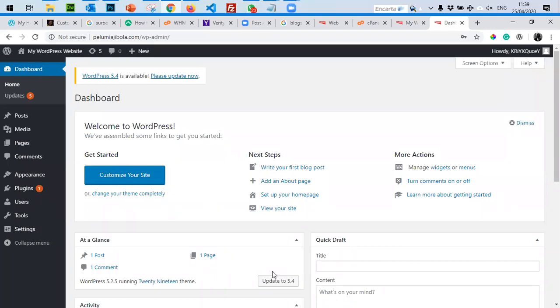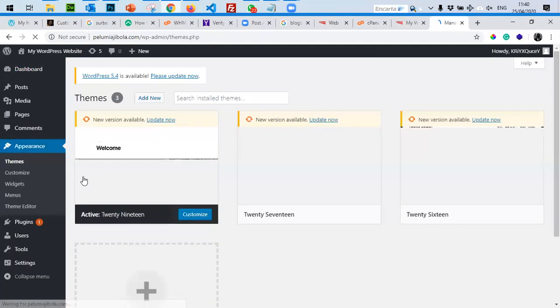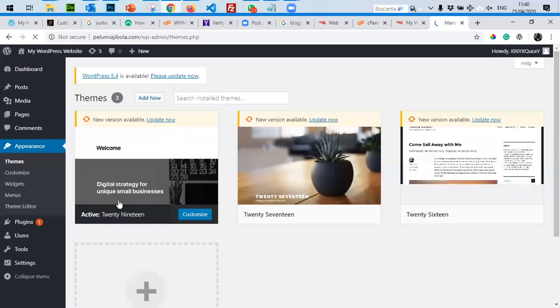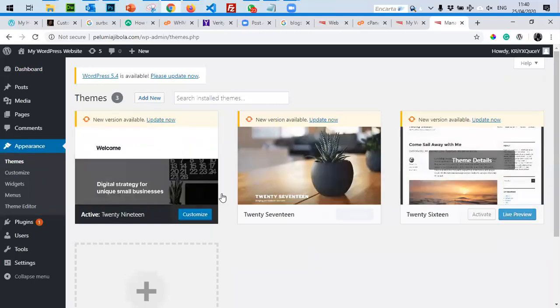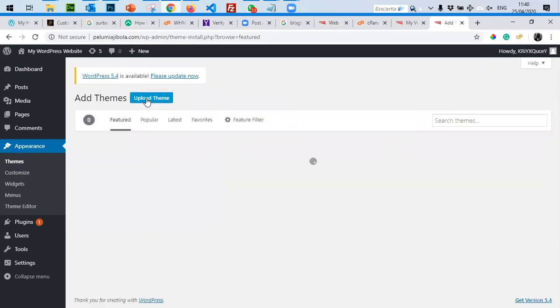So the first thing you do once you have your WordPress website ready is to install a theme. Your themes are templates that you want to work with. So the first thing I do is look for a theme that suits what I want. At the moment, this is the theme that's on the website. These are other themes that I can alternate with. But I usually like to add a new theme, and I search the